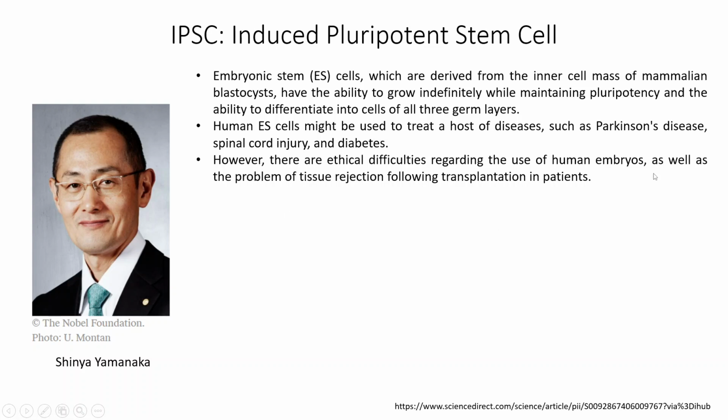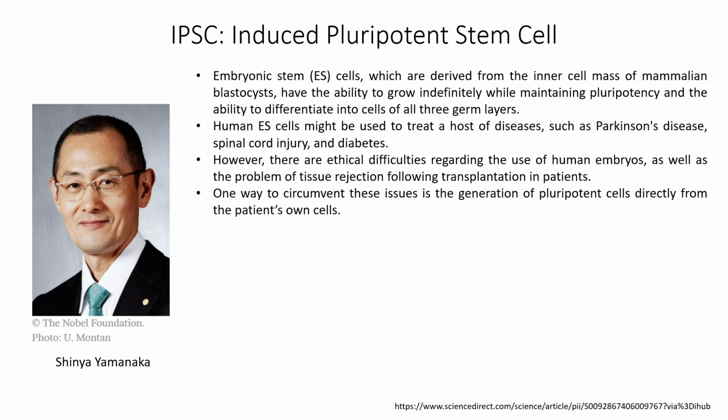So cells from your own body that are pluripotent, that are then put back into your body to regenerate your cells, that would be the best condition, right? But how do we do that? We don't have pluripotent stem cells just hanging around in our bodies that we can culture and then inject into some wound or something, right? So one way to circumvent this is, of course, generate pluripotent cells from the patient's own cells, so somatic cells,